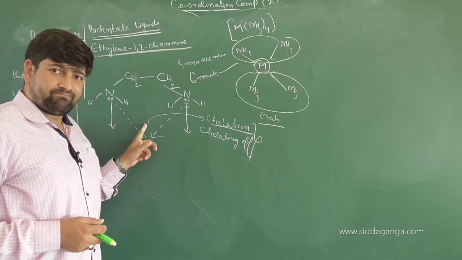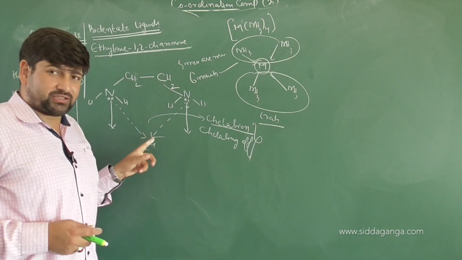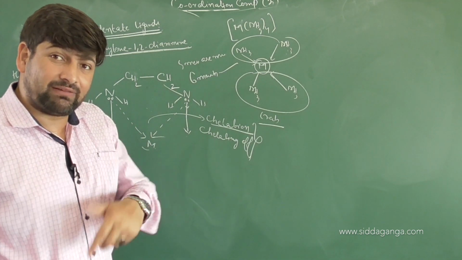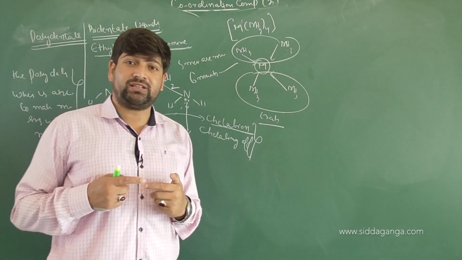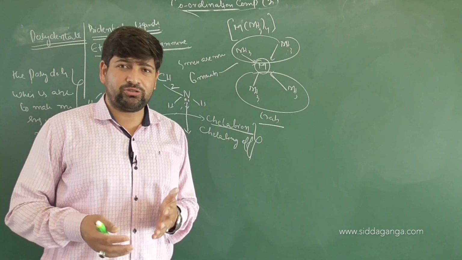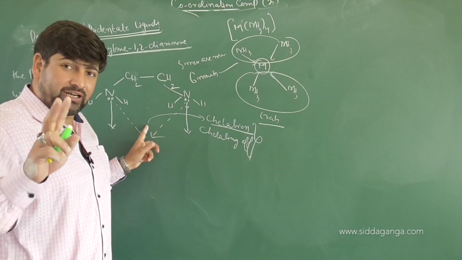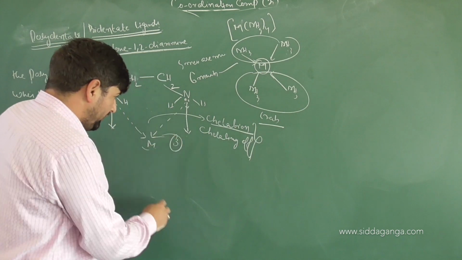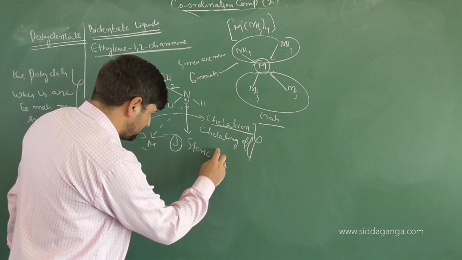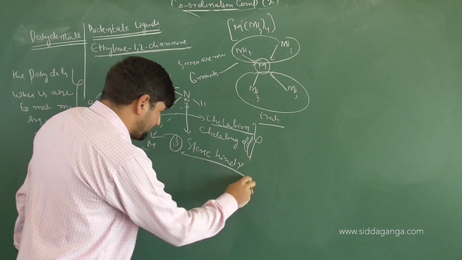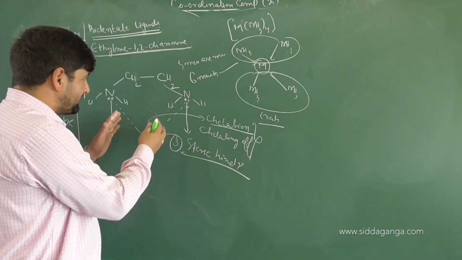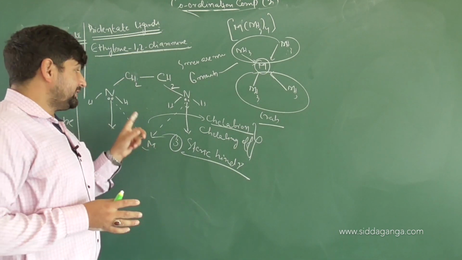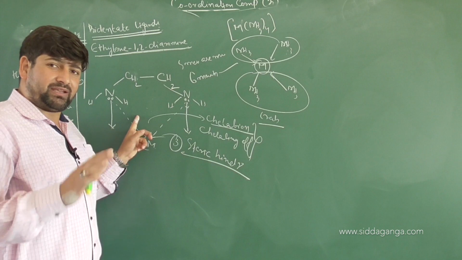And one more thing: in the ring, if those atoms which are making the ring structure are in conjugation, then the stability of that ring will be more compared to the other, because conjugation will bring in resonance, and when resonance comes into play, it will be more stabilizing. Third important thing is steric hindrance. That means in the rings, if the ligands are holding side chains or side atoms which are more bulky, then the stability of that chelating ligand will be less.